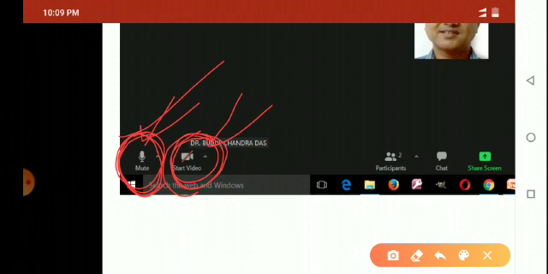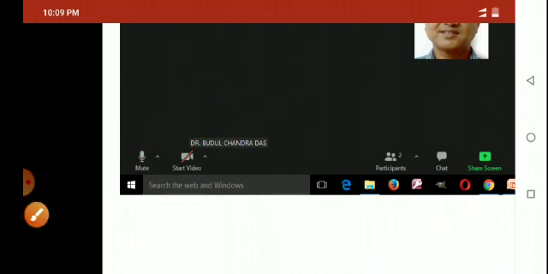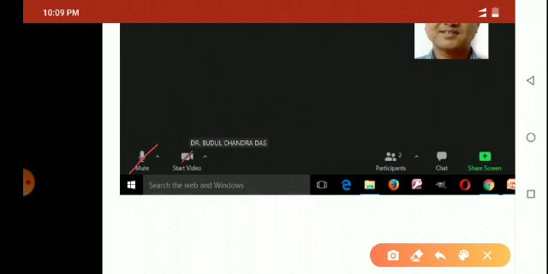If you click on this mic, then a cross mark will appear, which means the mic is muted. Understand? When you click here once again, this mark will disappear and the video will be on.